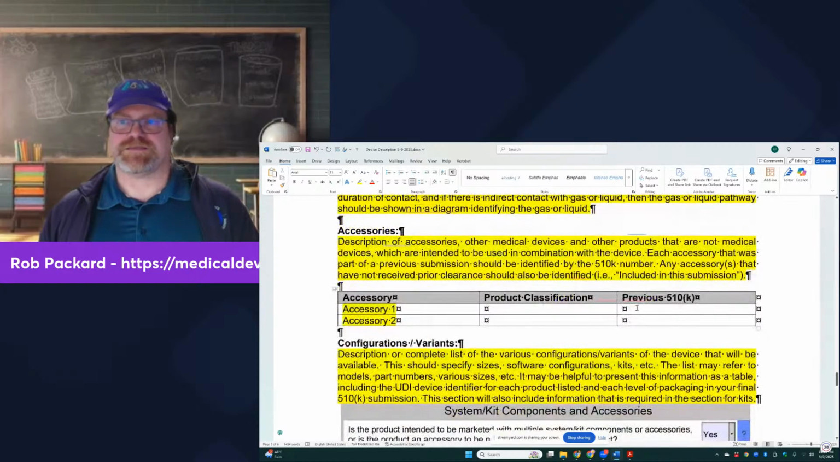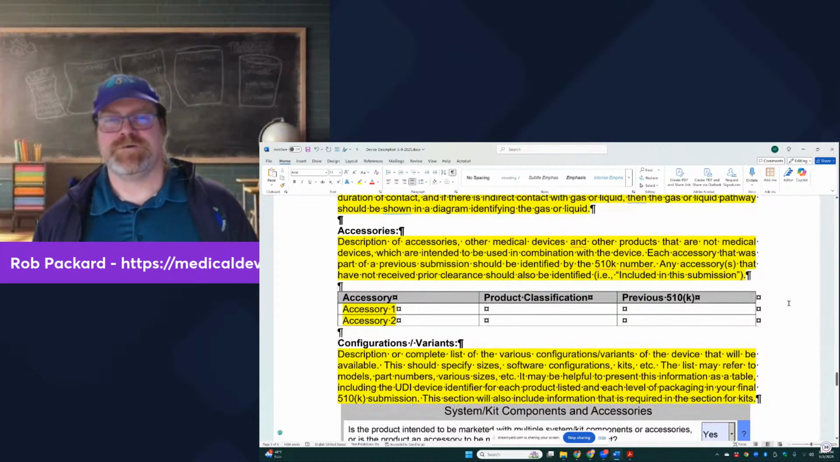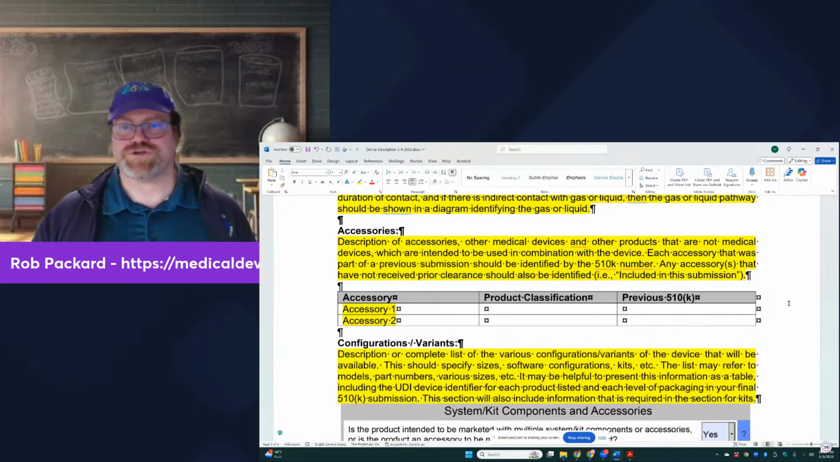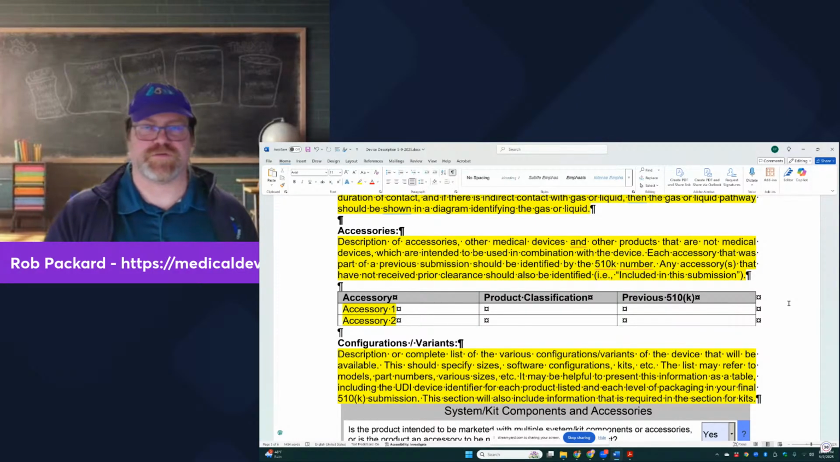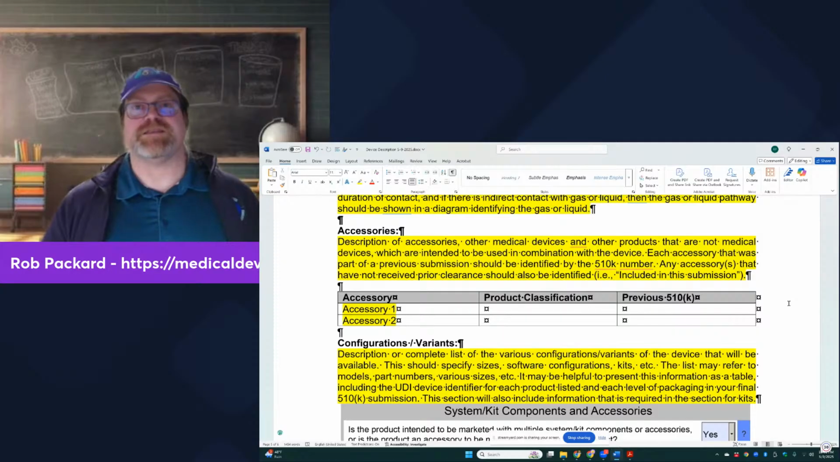Next section is accessories. Everybody struggles with this one. They can't decide what's an accessory and what's not. So show me pictures of how your device is going to be used. Show me videos of how your device is going to be used. Think of other things that are needed. We're not saying that you have to submit testing for these other accessories, but you might have to identify the